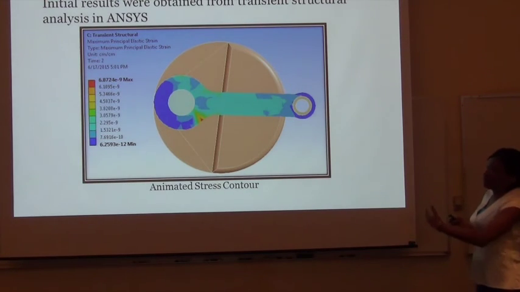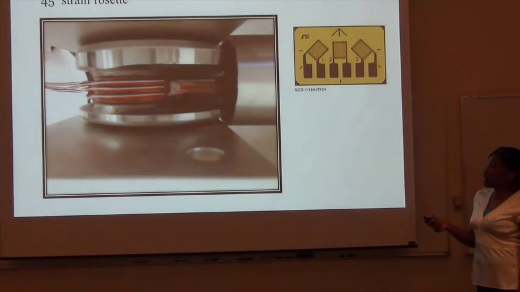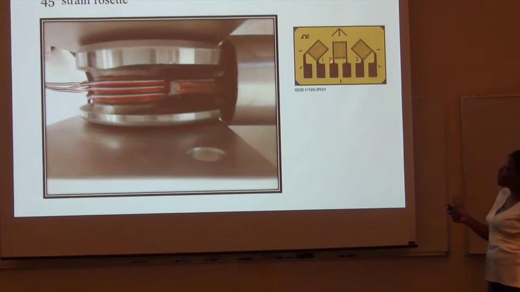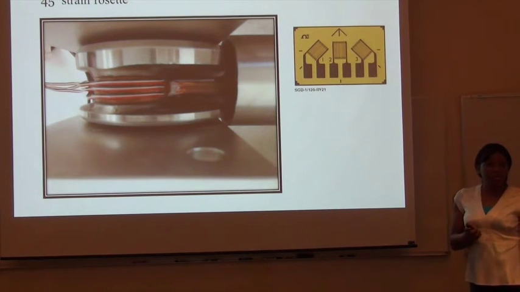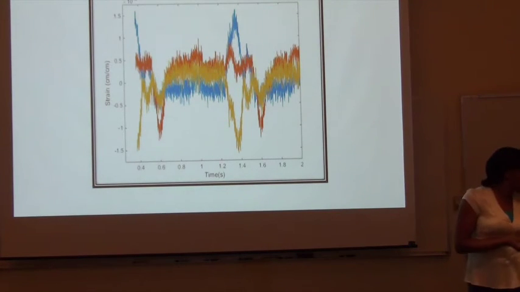And here, first of all, we did our analysis in ANSYS to know exactly where to place our strain gauge. We notice at this point here, that's where we experience our greatest strain in the ANSYS model. So we went ahead and placed it at this point in the actual model, which is right here. So we have a 45 strain rosette, which is placed right here. That's what it looks like. This is just a magnified picture of it. So we placed it on right here and we obtained results from it. And this is what we get here. So that's the actual results that we got